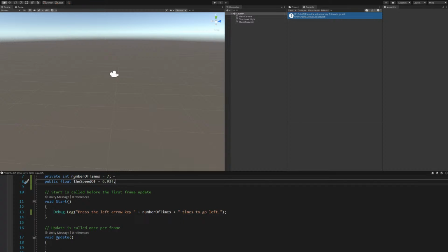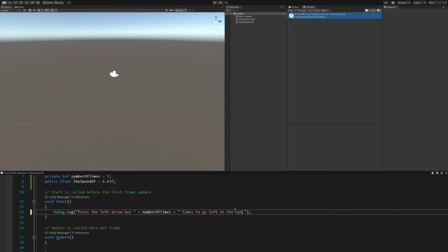So press the left arrow key number of times to go left at the speed of, let's say, this is purely for example, and we'll add the speed of variable at the end right here and remove the quota at the end. Let's save that. Let's go back into Unity and see if that works. Click on play and press